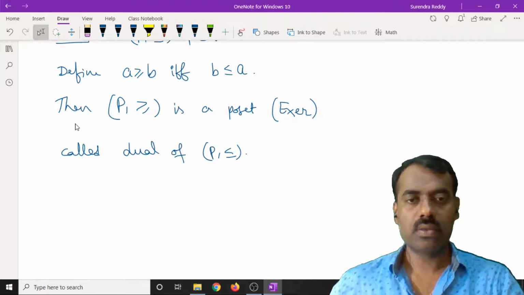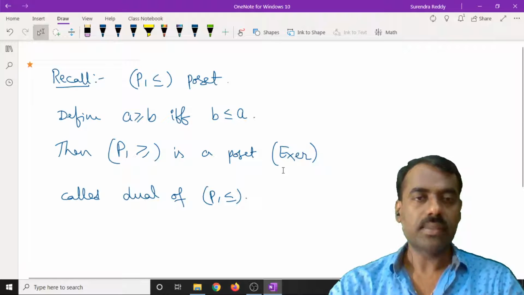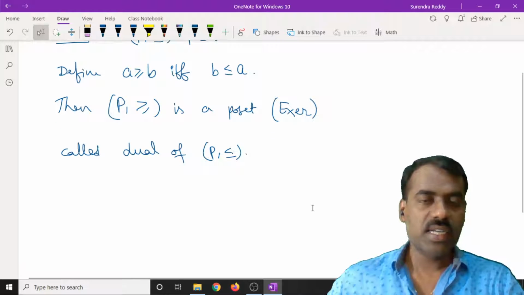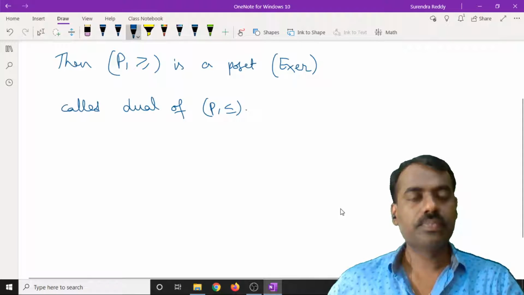Okay, so what we are doing here is we are reversing the relation. So whatever poset we get, that is also called a dual poset. If we want to see quickly an example,